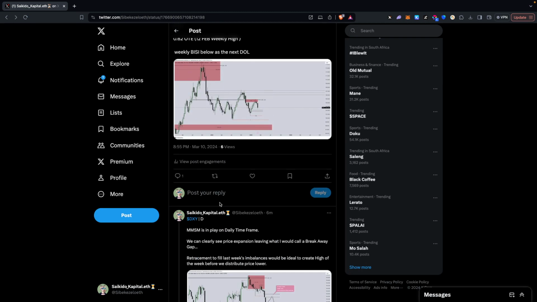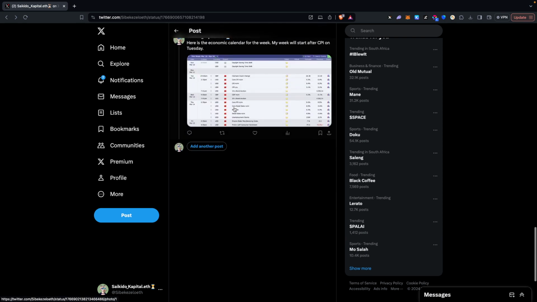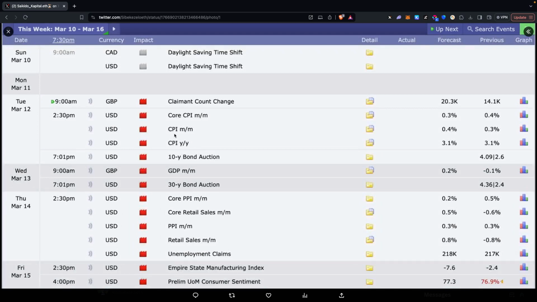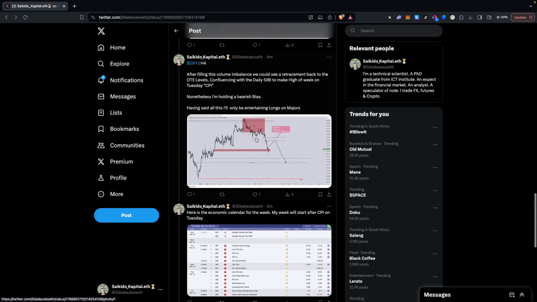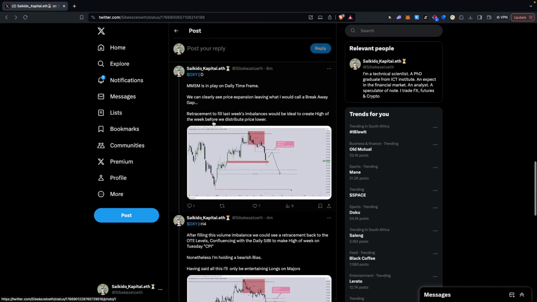Okay. So, and then this is obviously the daily chart. So market maker sell model is in play now on the daily time frame. We can clearly see price expansion, leaving what I would call a breakaway gap. Retracement to fill this week's imbalances would be ideal to create high of the week before we distribute lower prices. So if you go to your calendar, you can see that we have core CPI on Tuesday, which I think is what they will use to actually push it higher to what I'm calling a